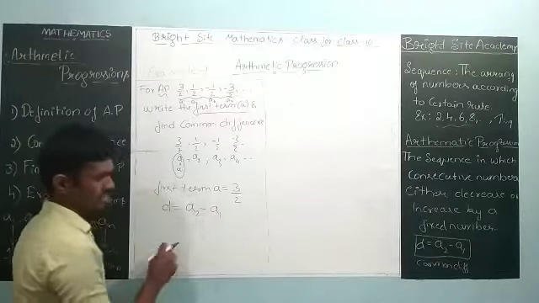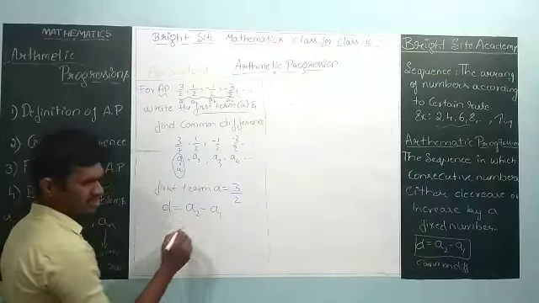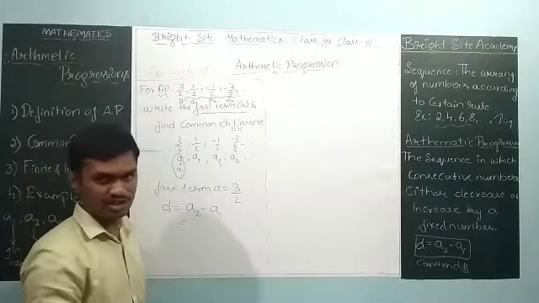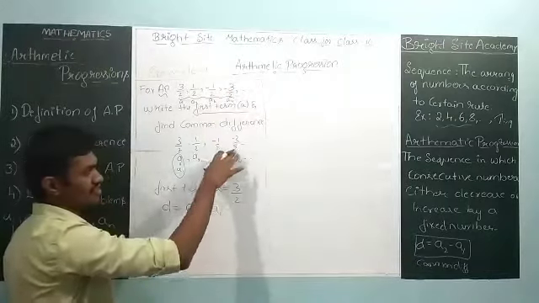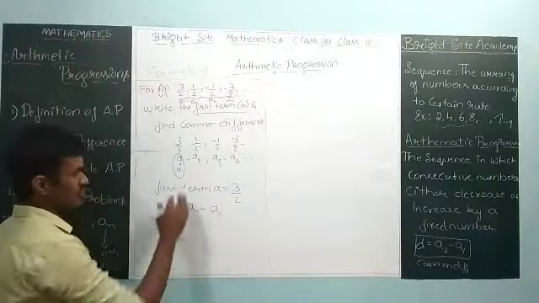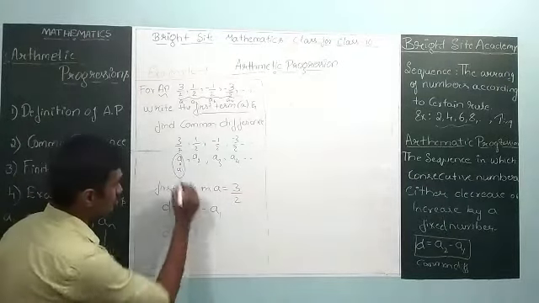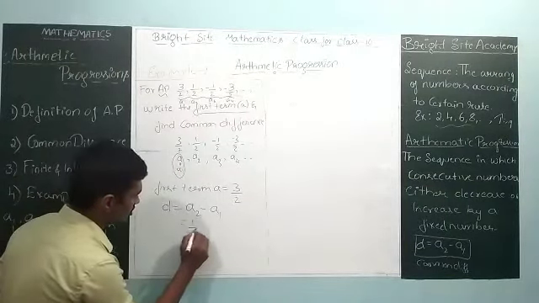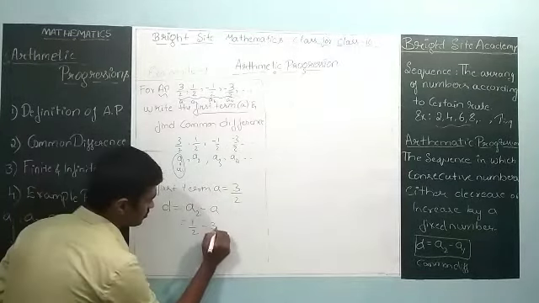We have here A2 minus A1. So take this A2 minus A1. They have given that as an AP. In an AP, the difference between any two consecutive numbers should be constant. So now let us find these two. We will get it easily. What is that? A2 is 1 by 2 minus A1, which is 3 by 2.